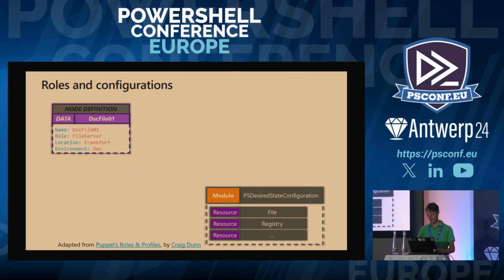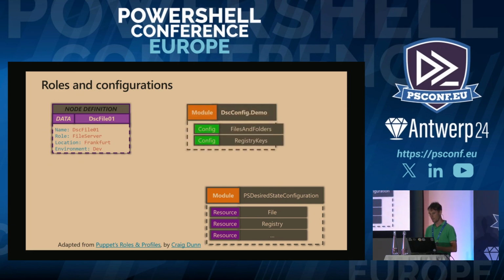Yeah, that's a little bit deep dive into how DSC works. So DSC has resources, right? The resources are the things that are actually doing the work. In our case, we have an M365 resource, which is called AAD group. It receives the configuration data and creates a group. That's it. The problem is that